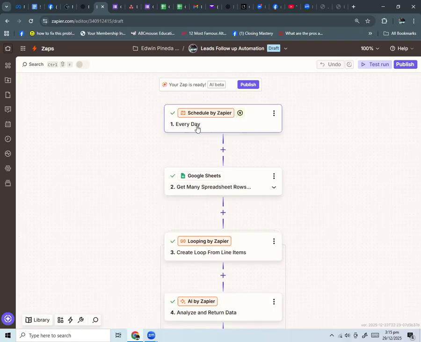So if you want to follow up with your prospects, or with your leads that are interested in the products or services that you are offering in your business, this will automatically send every day for you to be able to nurture your leads, educate your prospects, show them some proofs, testimonials, and how your product or services can solve their problem.